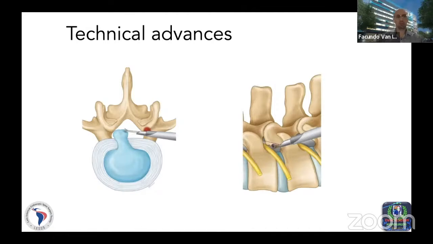We were able to shift from an iceberg technique, going deep into the disc, the so-called in-out technique, to the out-in technique, where we go from the outside of the disc, just searching for the extruded fragment and releasing the nerve root from the transforaminal axis. With the help of drills, we were able to drill the anatomical boundaries of the foramen and widen the foramen to make a safer